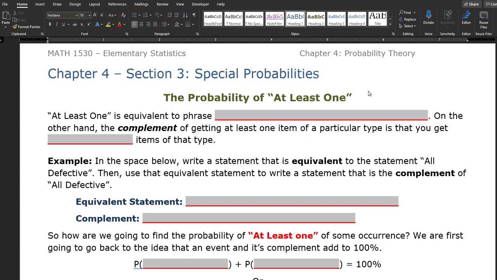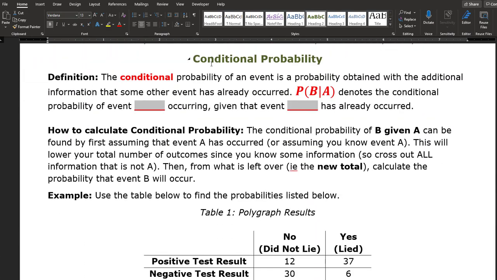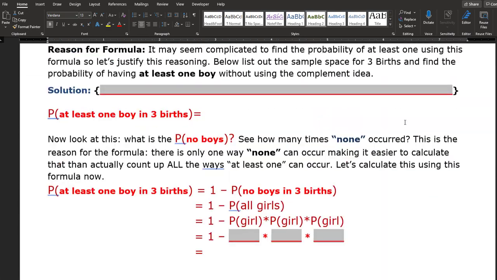So this is the last section of Chapter 4, and there are a couple of different probability concepts that we are actually going to cover in here. One of them being the probability of at least one. So we're going to show you basically how to tackle those types of problems in the last section here. And there's also, looking down a little bit further, this idea of conditional probability as well. So those are the two types of problems that you'll basically be encountering on the homework right there in the